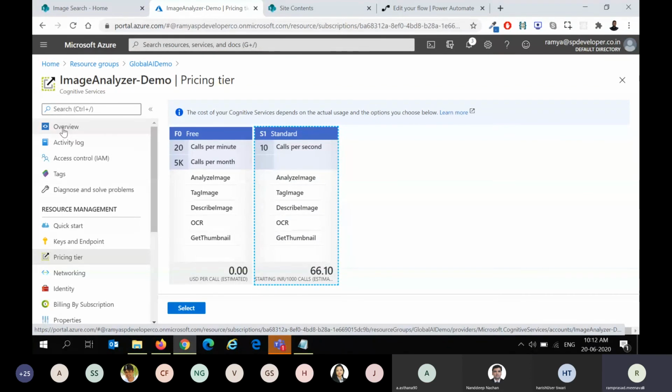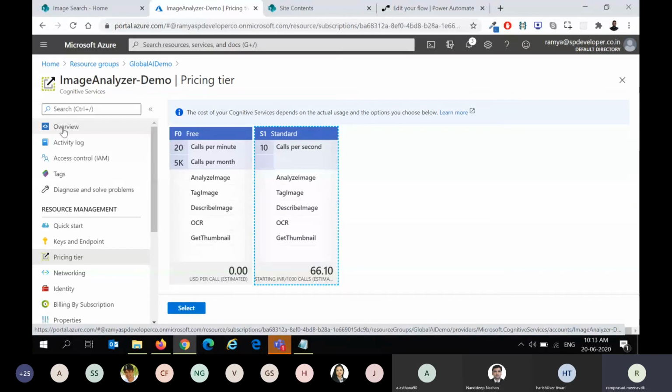The other aspect could be legal and data compliance issues, right? Some countries have strict rules saying that the data cannot be sent outside their country, it has to be hosted within the country, and some specific rules like that. So in such cases it'll help us to choose the right location, so that we don't break the rules. And the third aspect which we usually look at is if the content is very sensitive, and we don't want the content to be going outside our network.